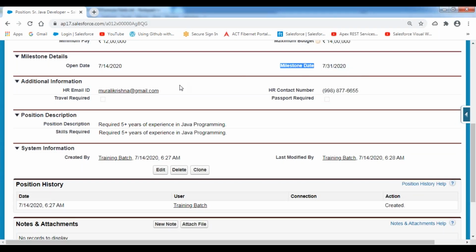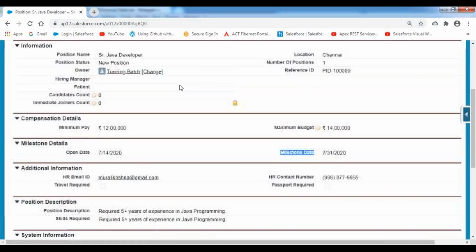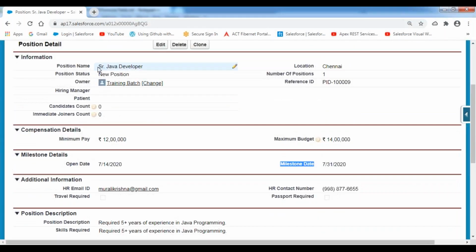That means the project manager has created one position record, senior Java developer. He needs one person in his team to work as a senior Java developer. He needs a candidate. So there is a requirement, a job in his team.